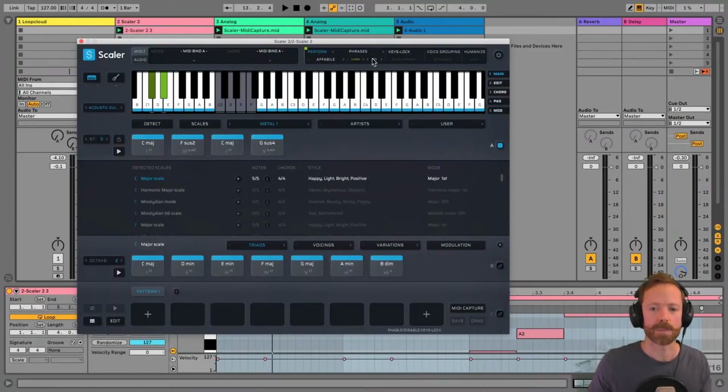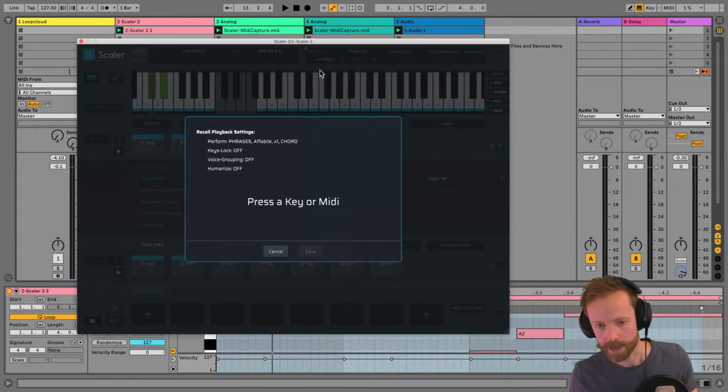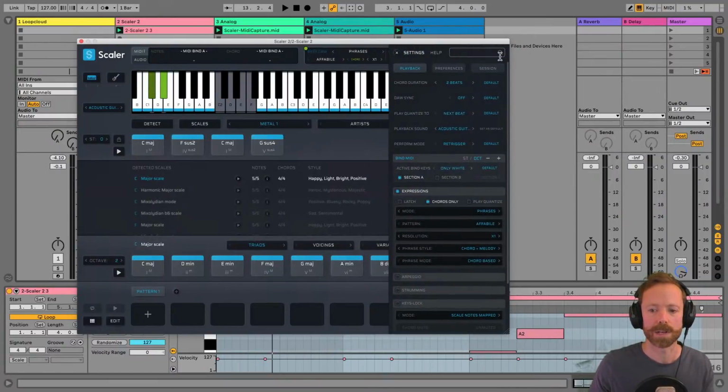And again, once you've set up whatever mode here, you can just click create command. Actually, you know what, this time we'll switch round so I can show you another mode as well. Otherwise it's showing you essentially the same thing we just looked at, and it's being able to change the bind, as Josh was talking about. You can now open up the settings, and you're so much more flexible here. White keys only is the default when you bind it, so you're just playing the white keys on your keyboard. You don't have to mess around with the black keys, which can be a bit of a pain.